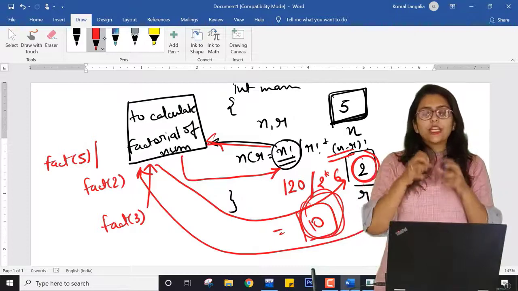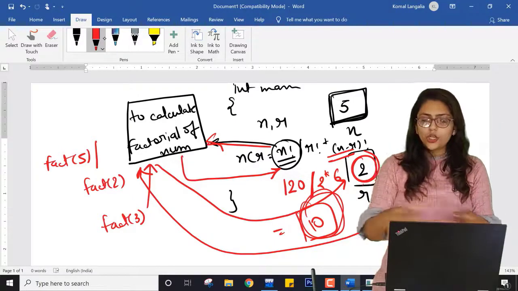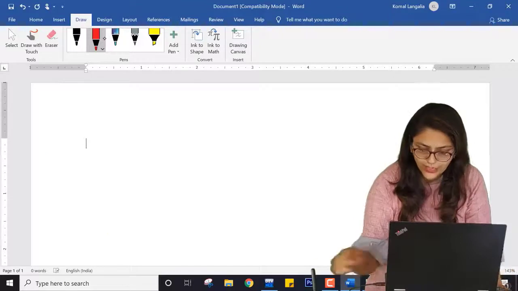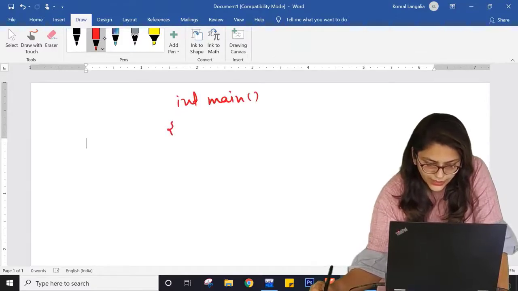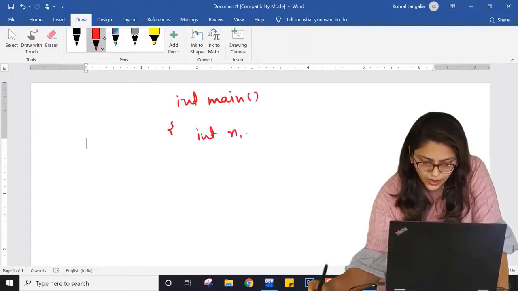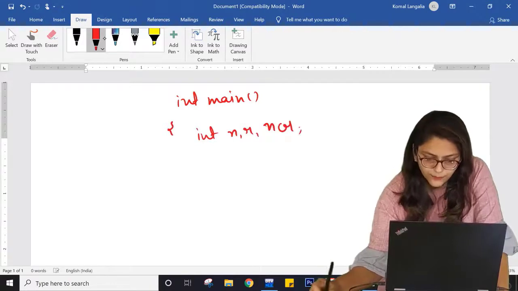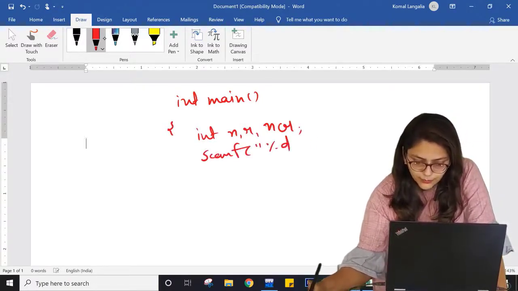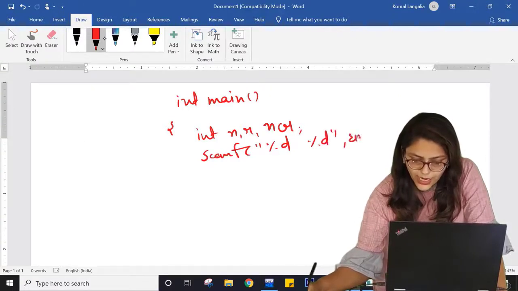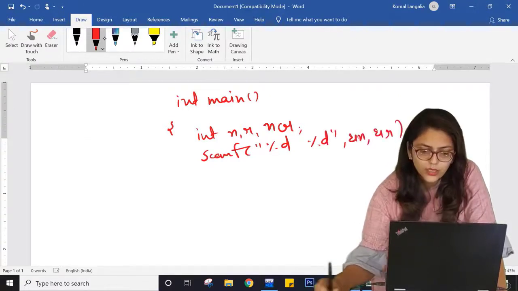I am going to give my arguments to the function. So whenever inside your main, I am taking int n and r and ncr, then scanf %d for n and r, right?